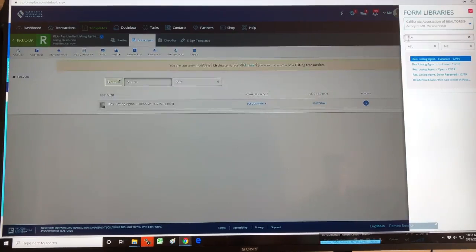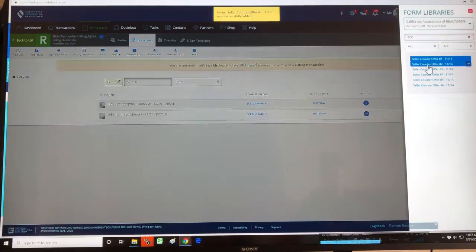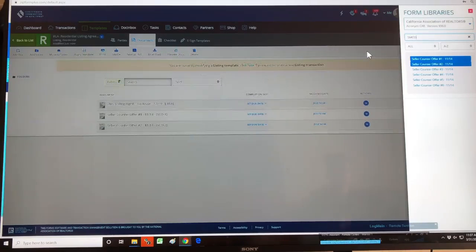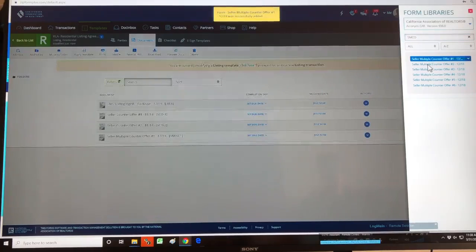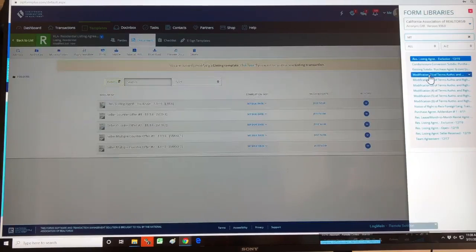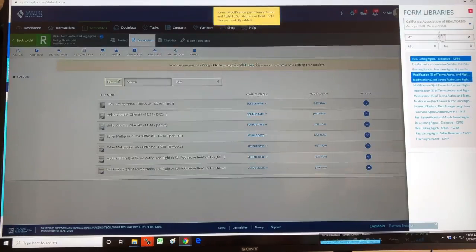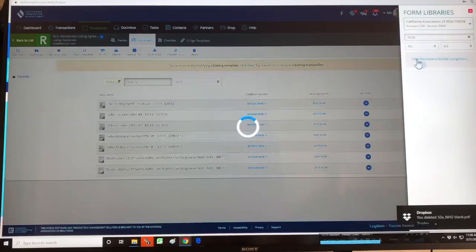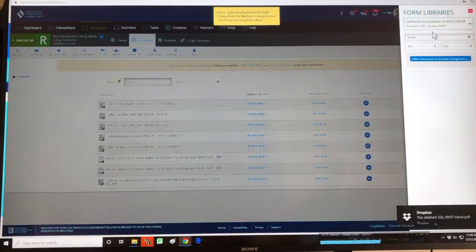The things that are not included in the RLA package that you may need is a SCO, which is a seller counter offer, SMCO, which is a seller multiple counter offer, MT, which is a modification of terms, SELM, which is a seller, like to exclude from the multiple listing service,